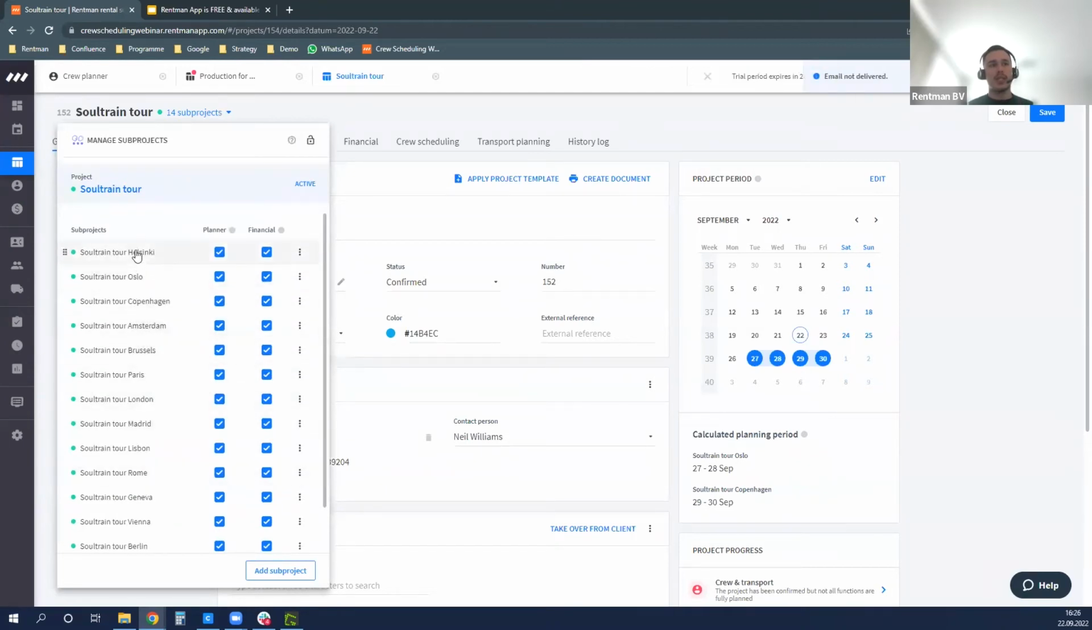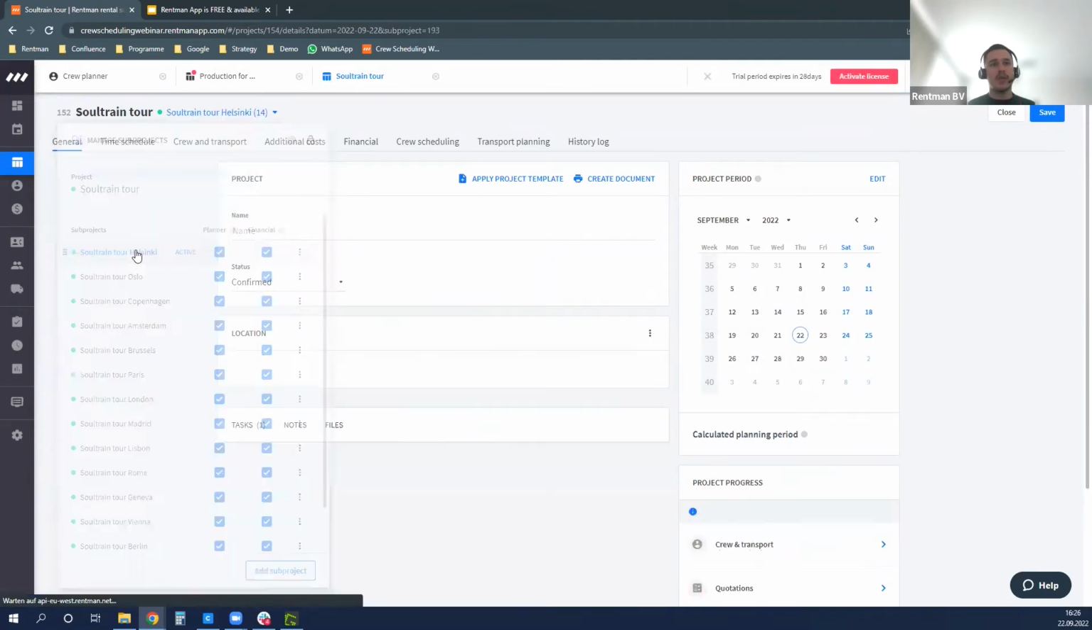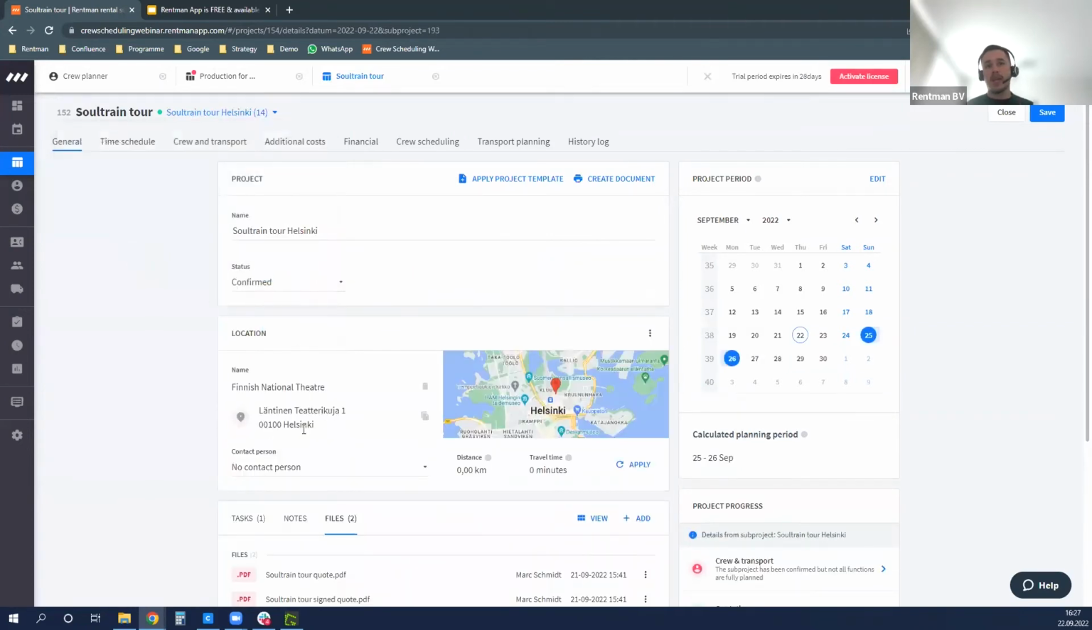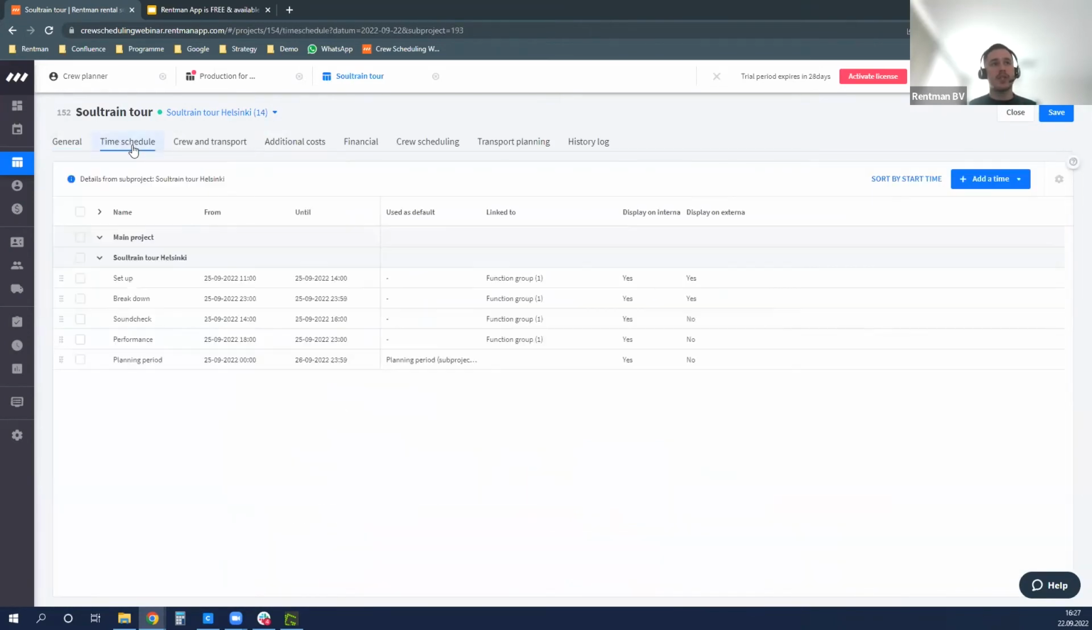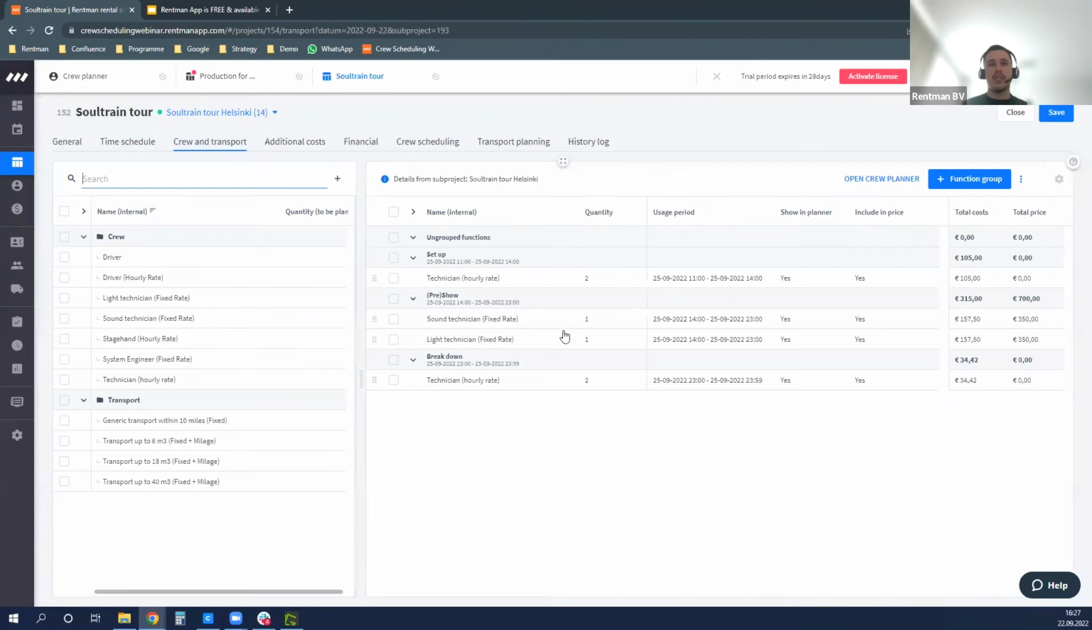which can look like this. And if we, for example, go into the Helsinki one, that will then happen in Helsinki. For example, you can set up multiple locations. We get down here, we see, for example, a much brighter time schedule with some more tasks to be done. If we go to crew transport, we see what kind of functions we would need. And as I mentioned before, you can open the crew planner from here,